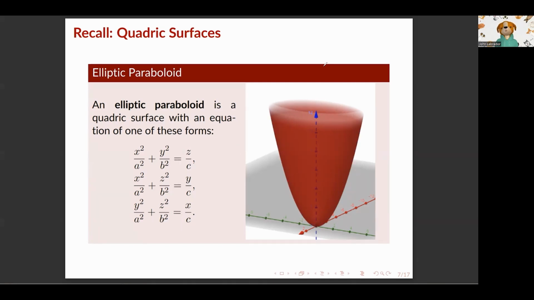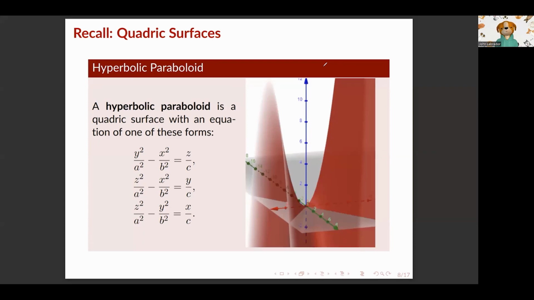Lastly is our Pringle chip, or the hyperbolic paraboloid. Again, there is still a linear term on one side of the equation, but there is now a negative squared variable in the equations, in any of these forms. As we look at z equals 0, there is a pair of intersecting lines, a degenerate hyperbola, but